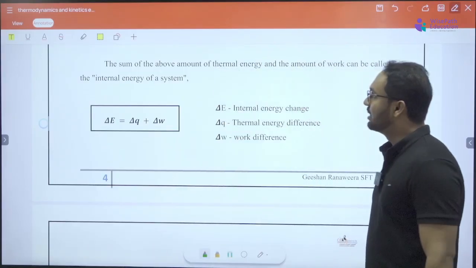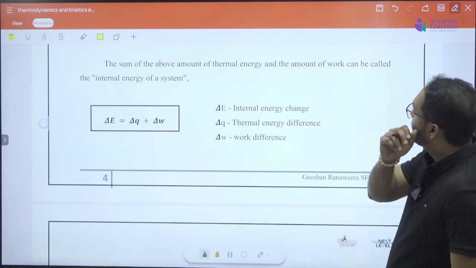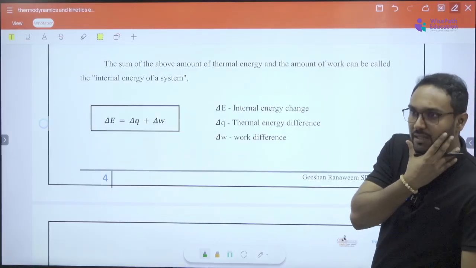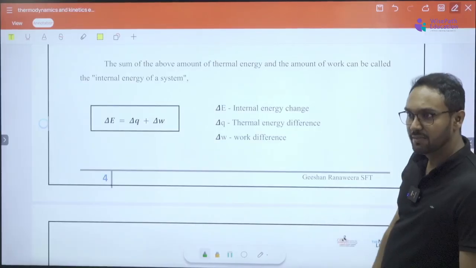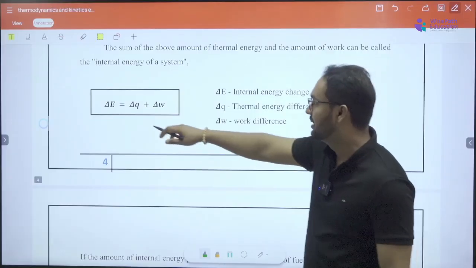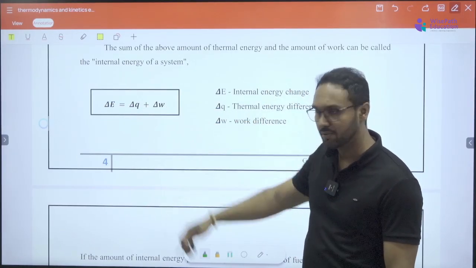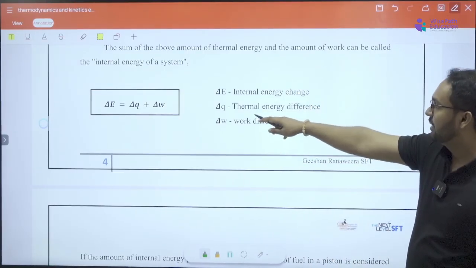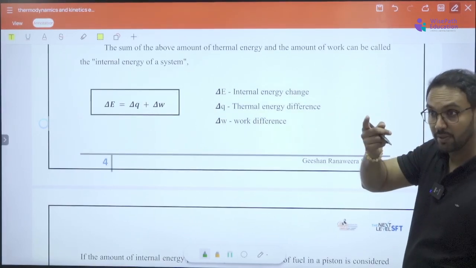Right. Listen. The sum of the above amount of thermal energy and the above amount of work can be called the internal energy of the system. You understand that, right? The above amount of thermal energy and the work done is the internal energy of the system. So we can write it as what? Delta E, the internal energy, equals delta Q plus delta W, right? So delta E is what? Internal energy change, and delta Q is thermal energy difference, and delta W is work difference. So you have to know that's